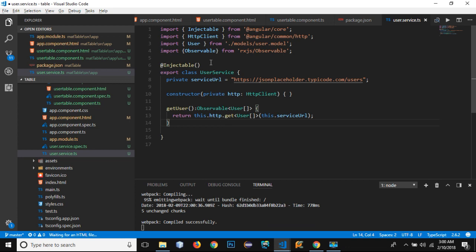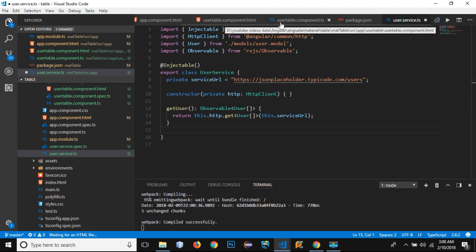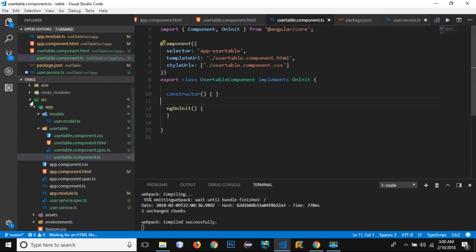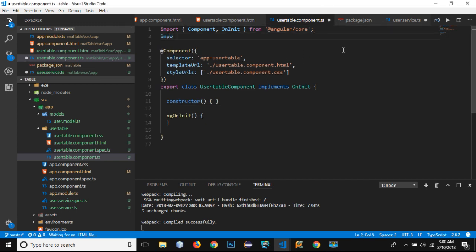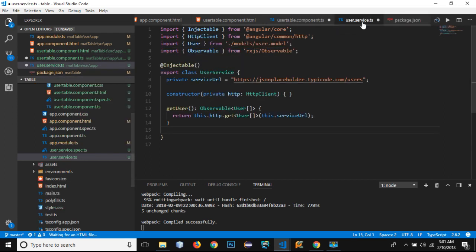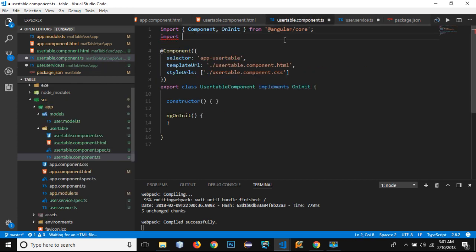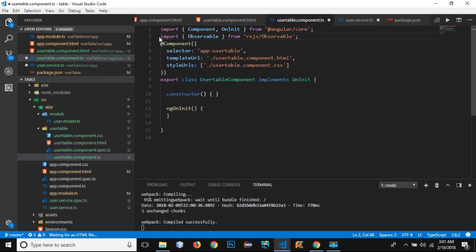Now let's go to our component, and that component will be using this service and specifically this function to get the data of users in our component. So let's navigate to our user table component, and inside this component I need to import a few things. So let's import things. Let's copy some from here. So let's import observable, paste it,